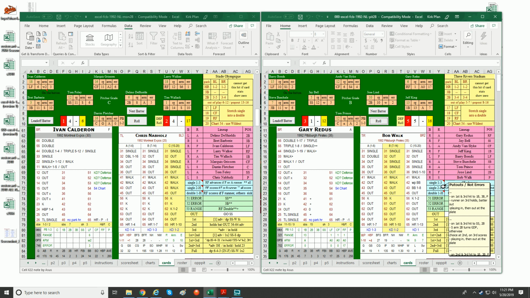Pop out, no errors. Oh, that's not okay. That's not this, but it goes to center field. He can move to third. He can go to the risk chart. The risk chart is basically, if I'm not mistaken, you're going to look at his